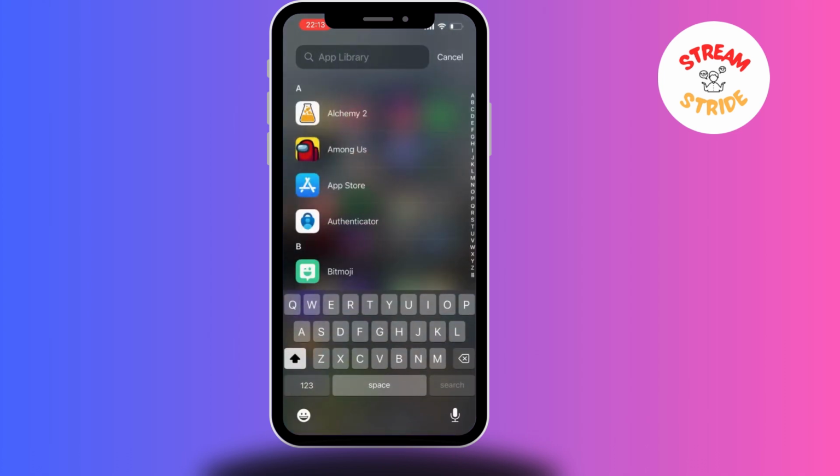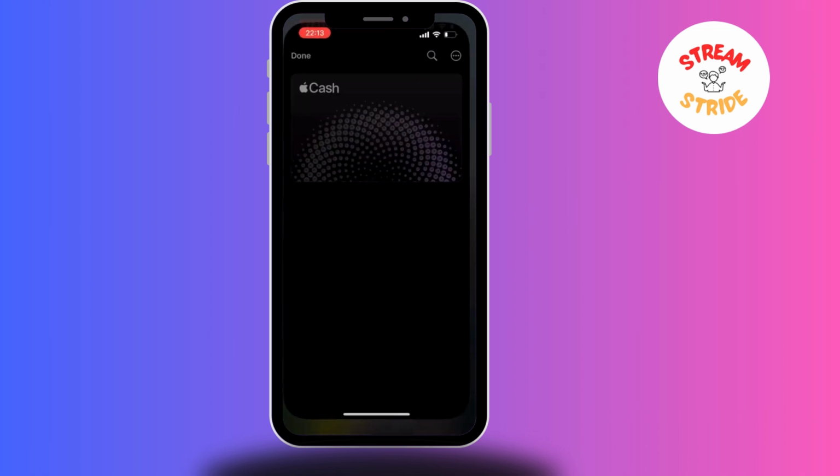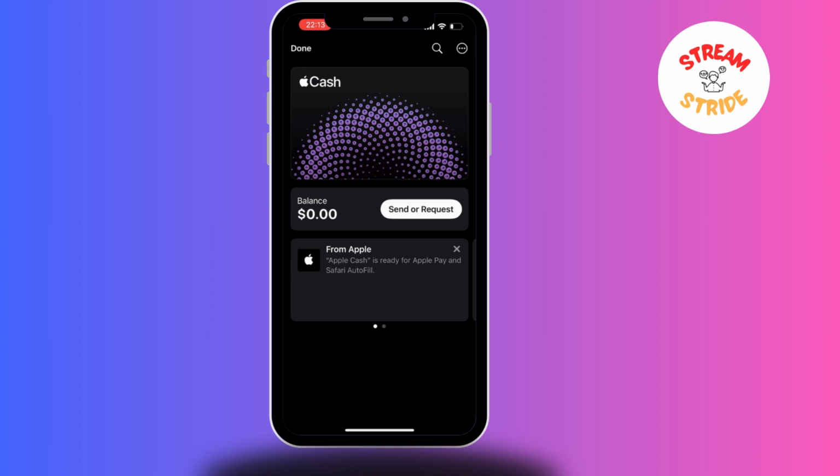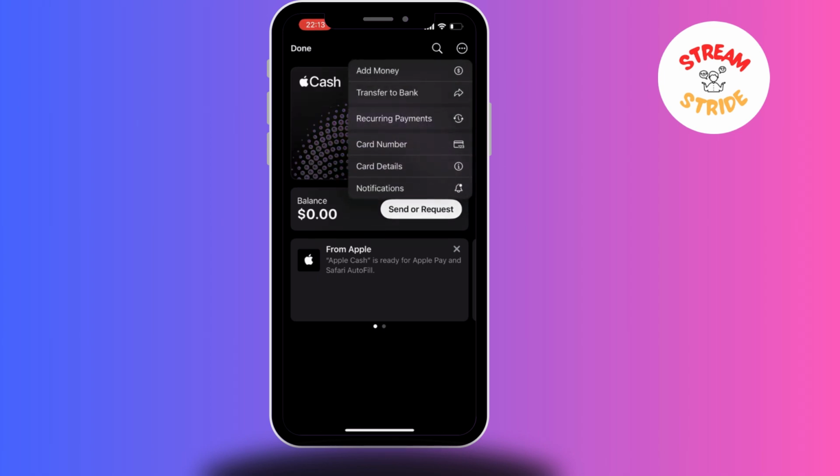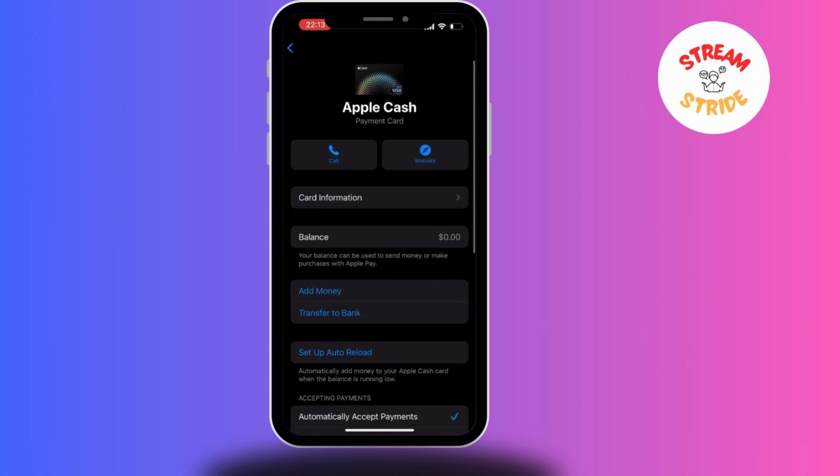Over here on the search tab, I'll be searching for wallet. Then it'll open like this, and as you can see, here is a card that is already in my Apple ID. And then what I want to do is click on the top right three dots over here, and you can see card details or card number. If you want to see the card number, then just click on the card number. If you want to see the card details properly, then click on the card details,